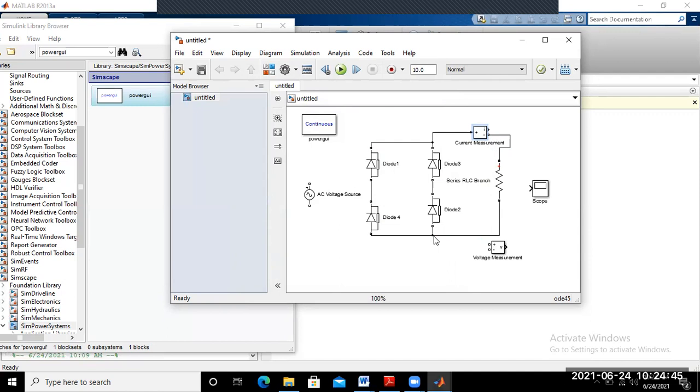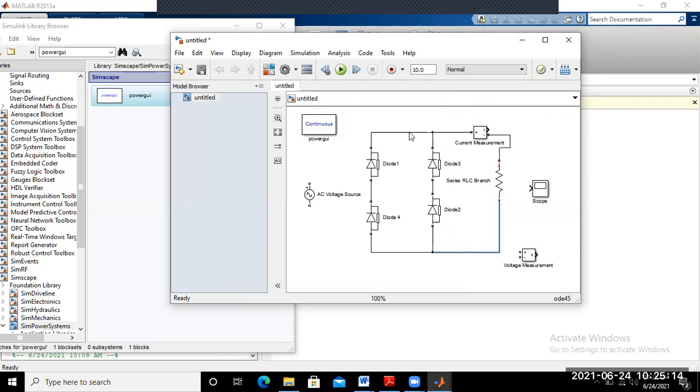Okay. So you may be here. Yeah. Now this one is moved something like this. So you may connect in this fashion.